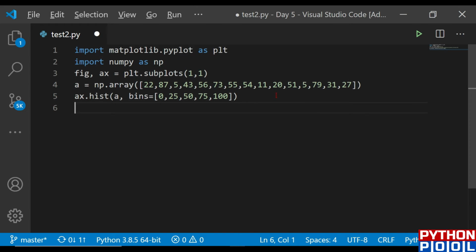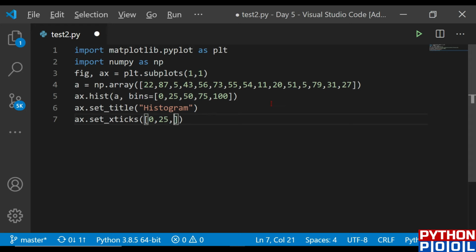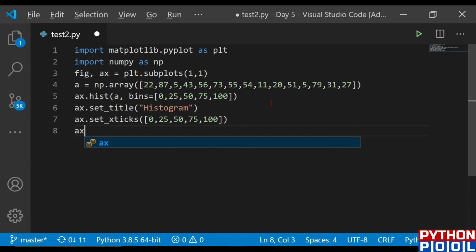Let me set the titles and give some text and labels for beautifying. Let me set the title first. Let me set the title as Histogram, as we are implementing that one only, and let me set some x ticks. So ax.set_xticks. Let me set them as 0, 25, 50, 75 and 100, and after that give some x and y labels.